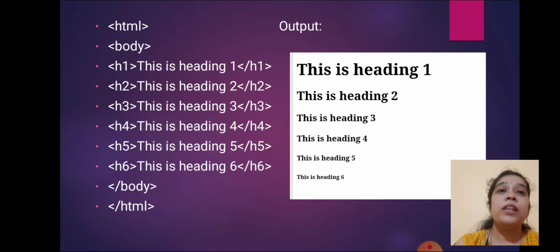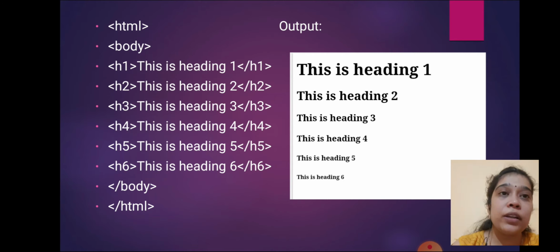Okay, in this we are using total 6 levels. Inside h1, as I already mentioned, heading tags are paired tags, that's why you have to open it as well as close it also. That's why we are using h1.